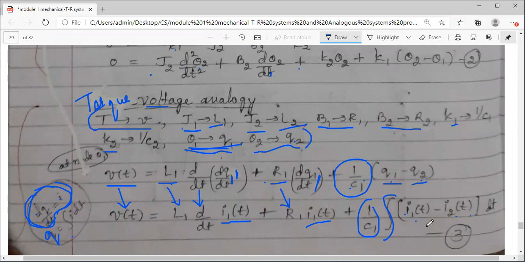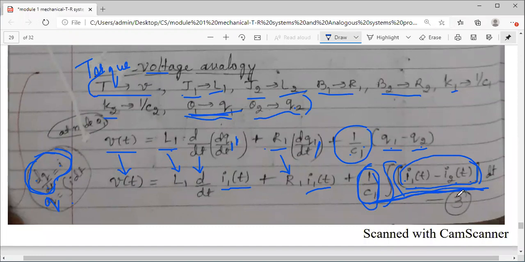So I have simplified. Further, no need to simplify, and don't expand this also, because if you expand it, drawing the equivalent circuit will become difficult for you. You need to keep the things like this only, because you will understand that when a difference appears, it indicates this quantity is a shared element. So this is important. Don't expand the equation. Let us denote it as equation 3, because 1 and 2 are already over. This is your equation 3. This is for only at node theta 1.